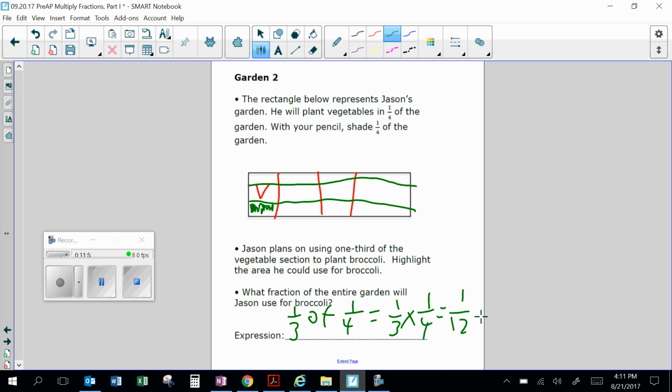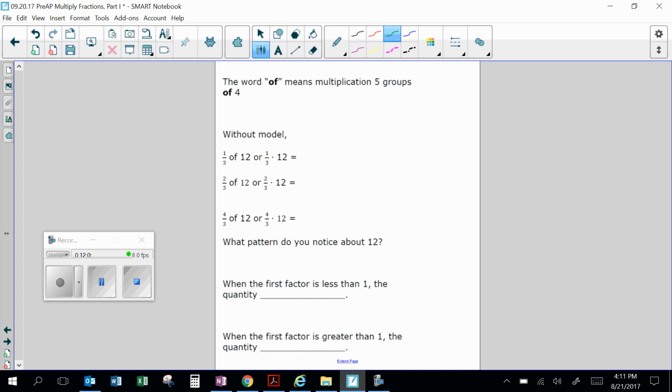Have you noticed that the word "of" is used a lot in mathematics? So far we've been using that. "Of" is telling you you're finding part of something. So that means you are multiplying by. So 1/3 of 1/4 means multiply. So the word "of" means multiplication. Think of it as 5 groups of 4. Now that we understand how to multiply a little better, can we do this